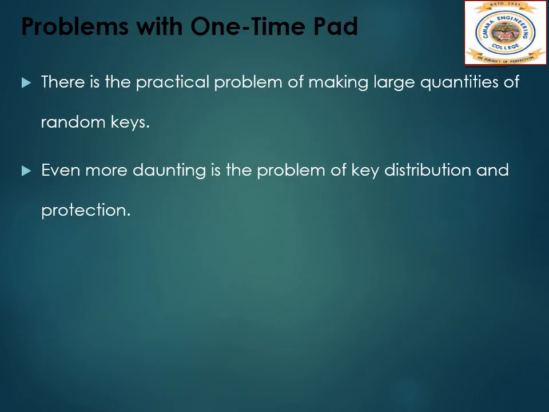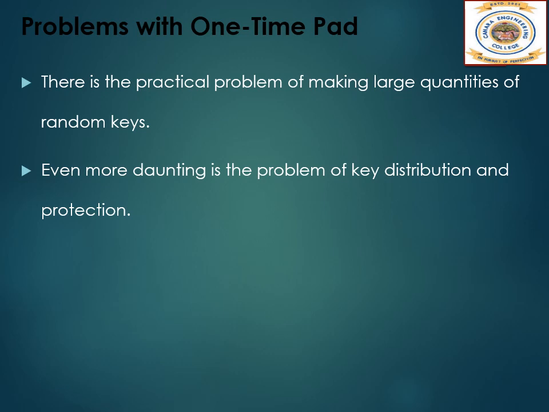The security of the one-time pad is entirely due to the randomness of the key. If the stream of characters that constitute the key is truly random, then the stream of characters that constitute the ciphertext will be truly random. So there are no patterns or regularities that a cryptanalyst can use to attack the ciphertext. Now in theory this is okay, but in practice there are two fundamental difficulties.